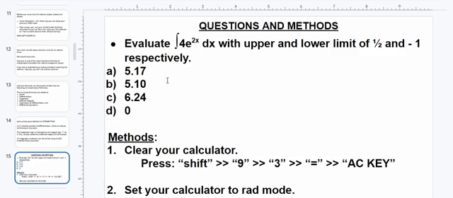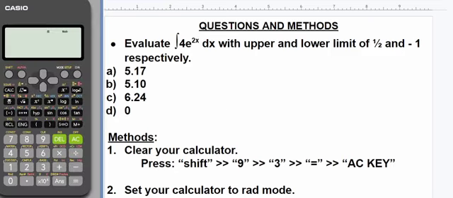All right, it can be done within a matter of seconds. That's why I gave the steps. I said, first of all, you have to clear your calculator. You have to clear your calculator while solving any integration question. Let me bring out my calculator while we approach this question. This is my calculator at this part.